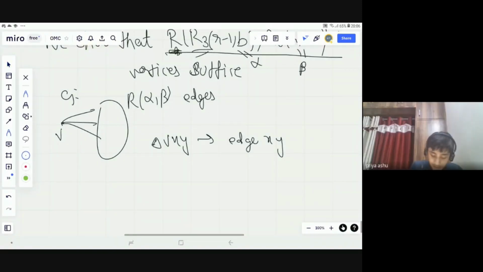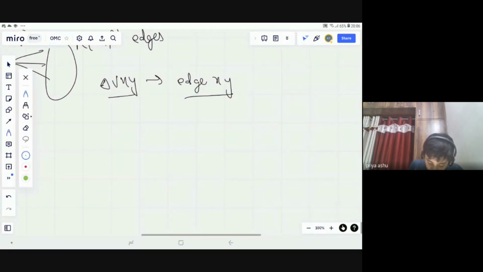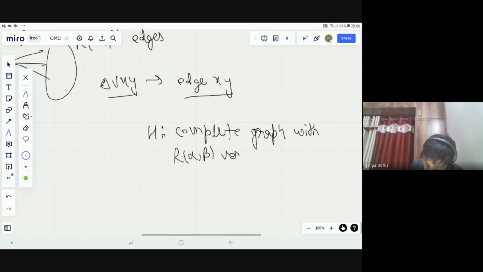So, back to where you were. A triangle VXY is just determined by edge XY, and that is where this first R comes from. Now we construct another graph H. H is a complete graph with R of alpha comma beta vertices. For every x1 in H, that is, x1 is a vertex in H, this